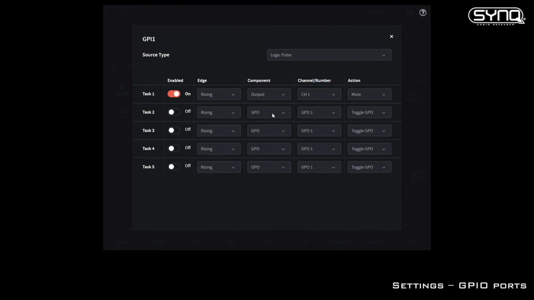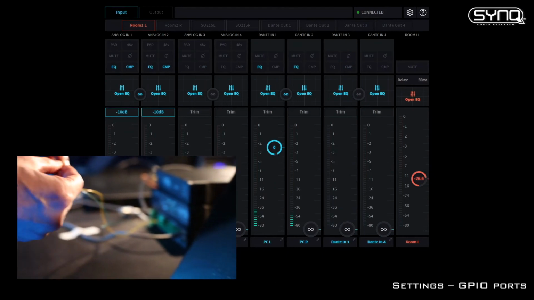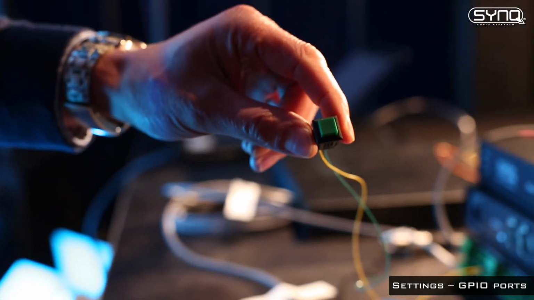So you can, for instance, connect an external electric screen for remote control. So you can, let's say, turn on off any kind of devices, external devices, with those output. So we're going to close this and close this. And then, as you can see, we have a mute action with this switch.